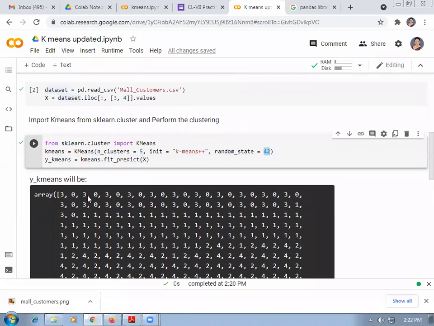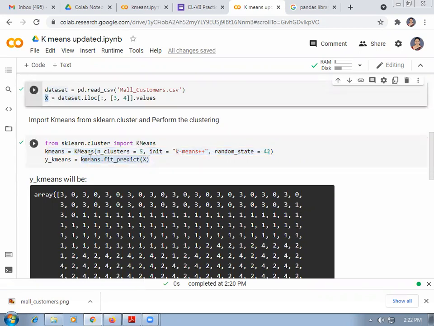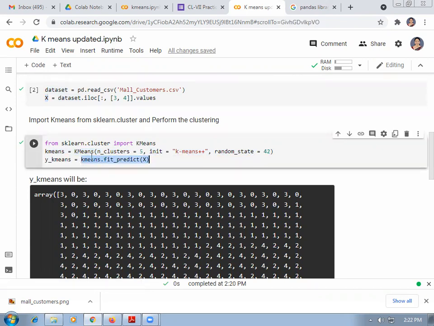Now here, the K-means clustering algorithm is applied to the data set, which is stored in X. Here all the values of the cluster centroids will be stored.